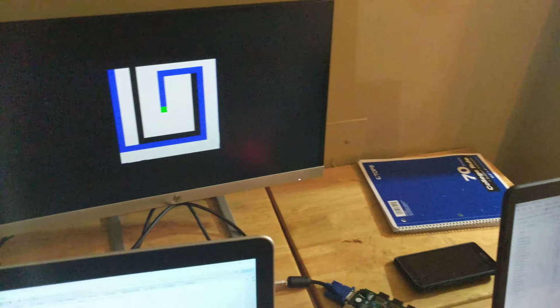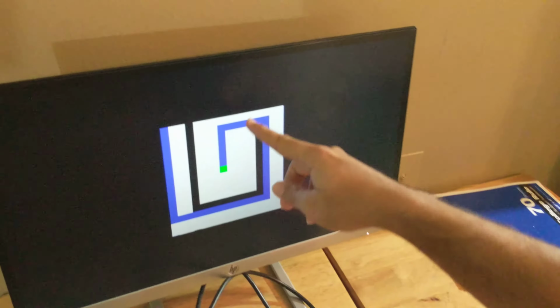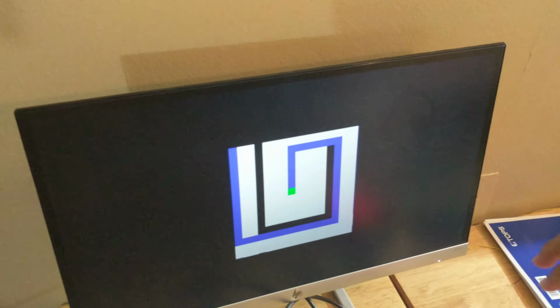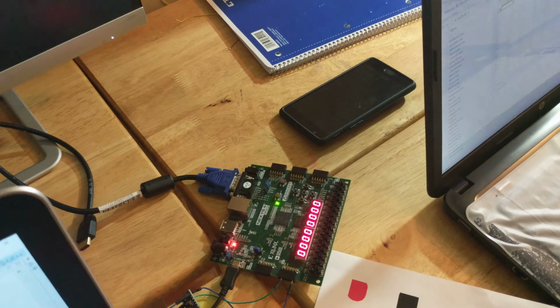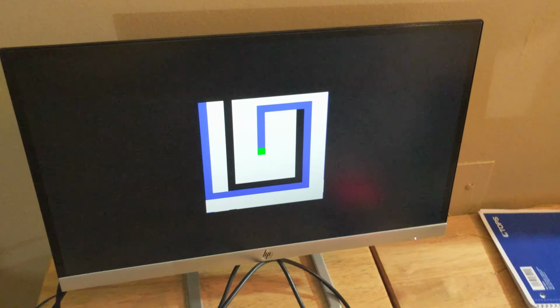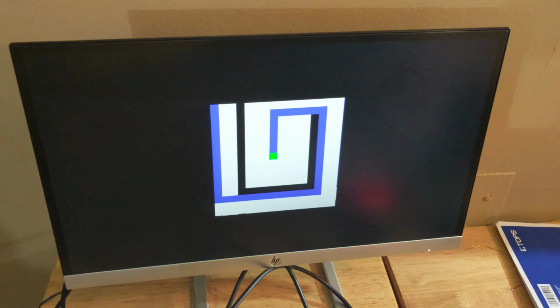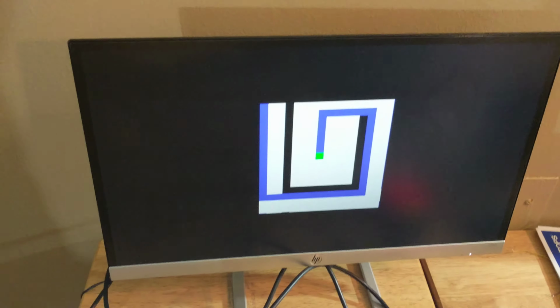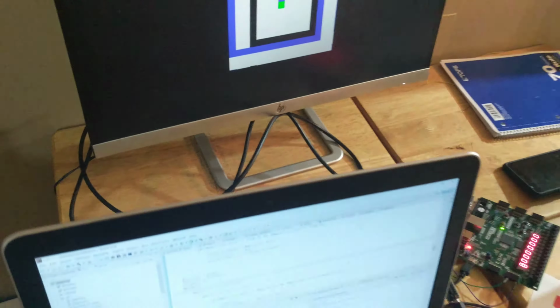So this algorithm, which is Dijkstra's algorithm, has been implemented on the FPGA's MicroBlaze based system. That's basically a microcontroller based system, and most of the computations are done by my microcontroller.